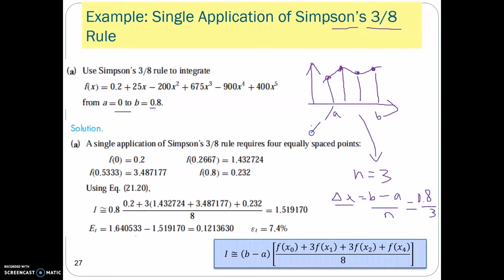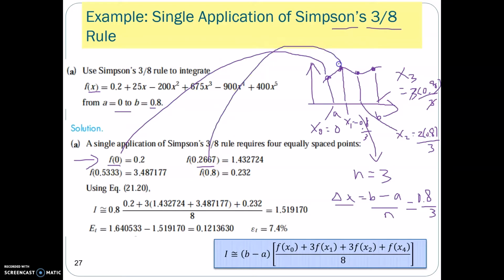So for the first point, x0 is equal to 0. For the second point here, x1 is equal to 0.8 divided by 3. Third point here, x2 equals 2 multiplied by 0.8 divided by 3. Last point is x3, which is equal to 3 multiplied by 0.8 divided by 3. So you obtain 0.8. Substitute these 4 points inside this function, then you can obtain the corresponding f(x) function. So this is your f(x0),